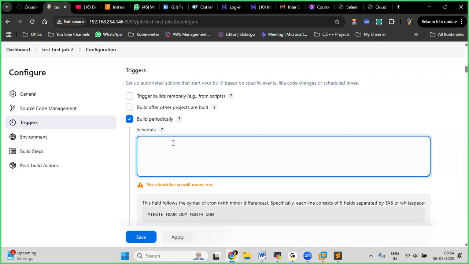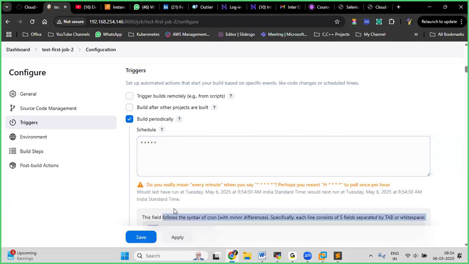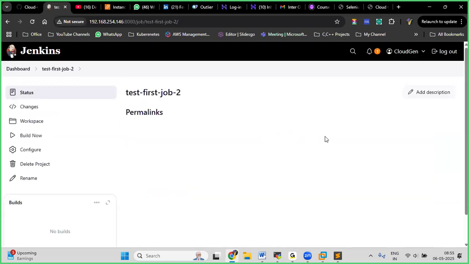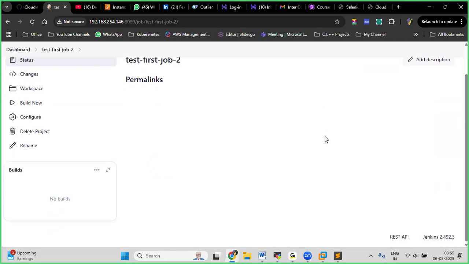See guys, every minute, every hour, you must give the space. If you are not giving space, what will happen? You can see, this is wrong. You must give the space between each field. Every minute, every hour, every day, every month, every day of the week. This is the default one. Just save this one. Every minute, every hour, every day of the month, every day of the week. Save this one. I'm putting the cursor here. I'm not going to build manually